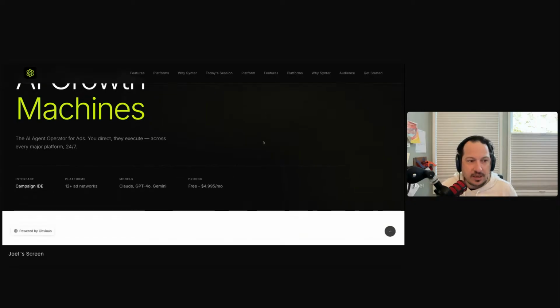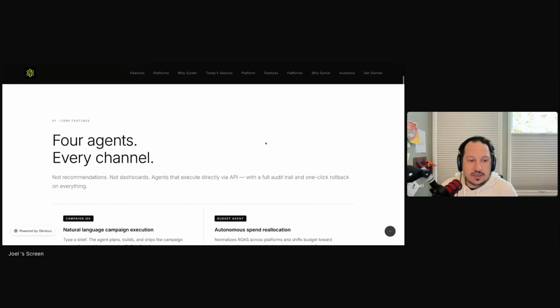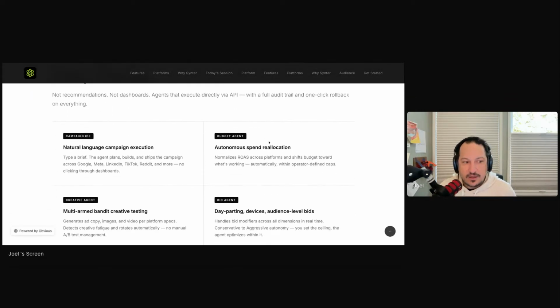Basically, Center Media is an AI agent operator for ads and growth operations. As you go through this, this is what it looks like. We have four main areas. One I call the campaign IDE, integrated development environment, if you will. This brings together collaboration,